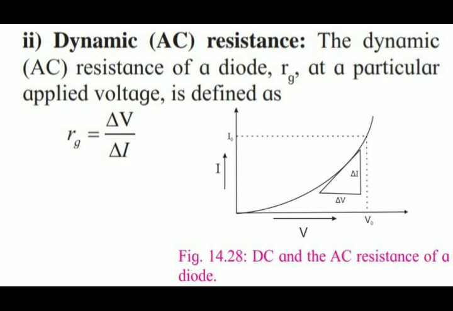So finally, here we can say that for dynamic resistance, on the y-axis we are having current and on the x-axis we are having voltage. We are going to plot a slope. This is the del of V and this is the del of I. So finally dynamic resistance is nothing but del of V upon del of I. So this is all regarding the PN junction diode, that is how a PN junction diode works in forward bias, how it works in reverse bias, and what the static resistance and dynamic resistance are. So let's stop here.